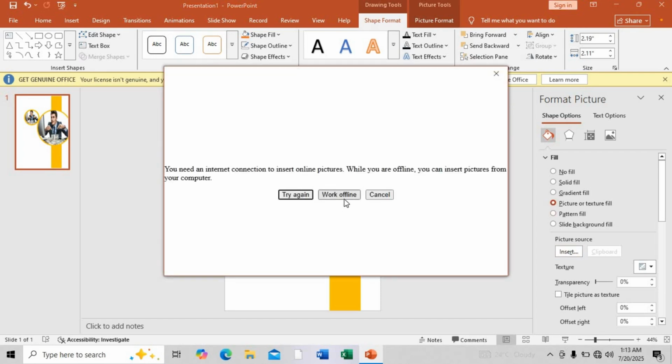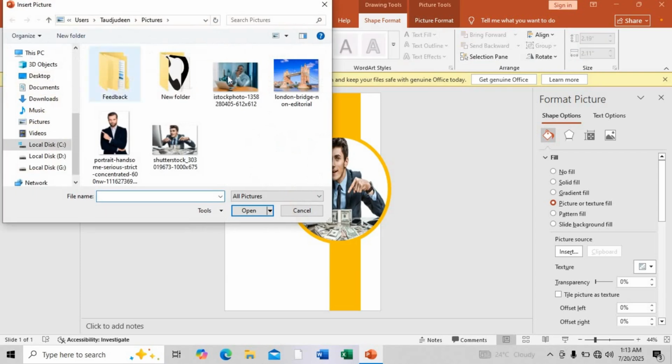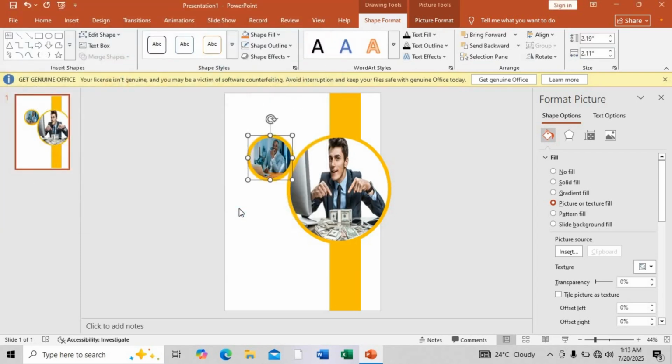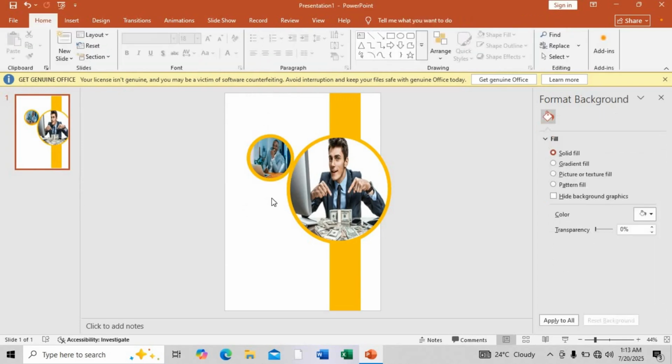Sorry, I keep on mistaking it for tab, but it's a button. So I'll go with work offline, and I'll choose this my shape here. That's it. You see, it's now inserted. Okay, so again, the next thing we have to do there is to go back to the insert tab and